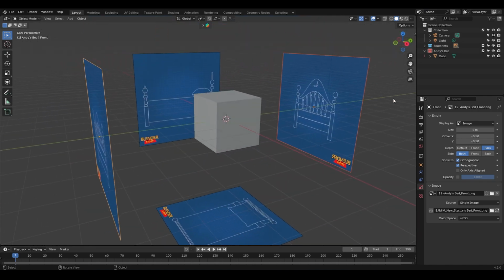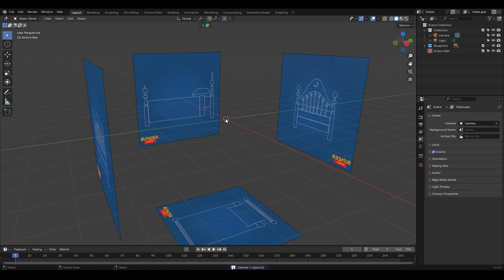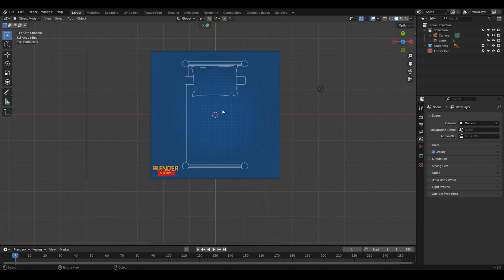Alright. I'm going to deactivate the selectability option for the blueprints so they won't get in the way, and I'm going to delete this cube for now. Okay, now let's start by modeling the mattress. This will make things simpler because we can use its object origin as the mirror axis for other parts of the bed. Okay, I'm going to press 7 on the numpad to go to the top view, then press Shift